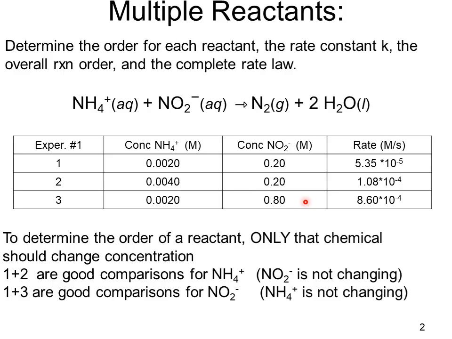Now, as I said, I did a lot of kinetics work in grad school and as a postdoctorate. And you would not set up an experiment like this. You would set up 5 or 6 experiments in a row where you're changing only one chemical, and then you would set up 5 or 6 experiments in a row where you're changing the other chemical. So it's really, really obvious what you're trying to do. We don't have time on an exam to give you 12 different experiments. And so as a result,